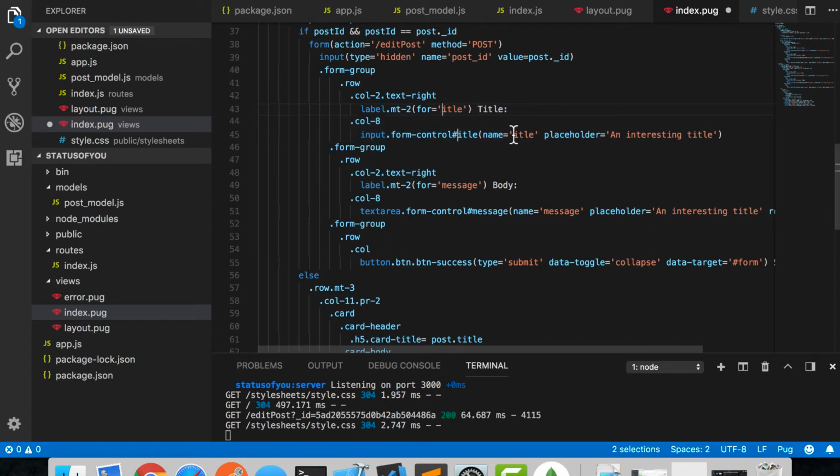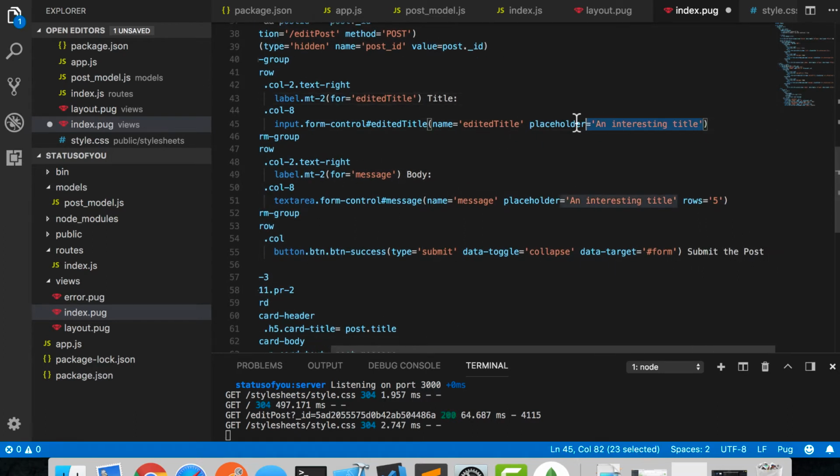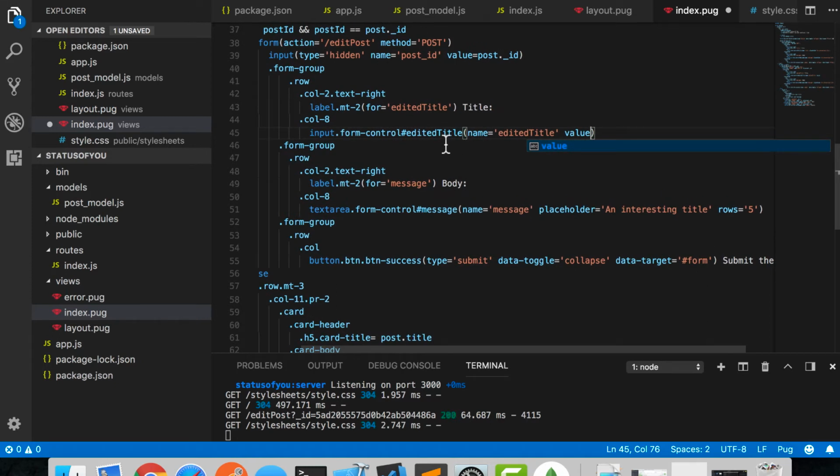We are going to have edited title. So there we go, changed all those. Now, instead of a placeholder, we want to have a value because we don't want to give them an empty form that they have to refill out. We want to give them a form that's already filled in with the current values that we have stored in the database. So we'll say post.title. So the title input is going to be filled already with the current title, and they can update that if they want to. And then we're going to do the same thing with